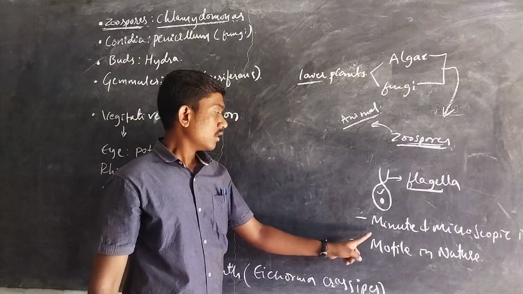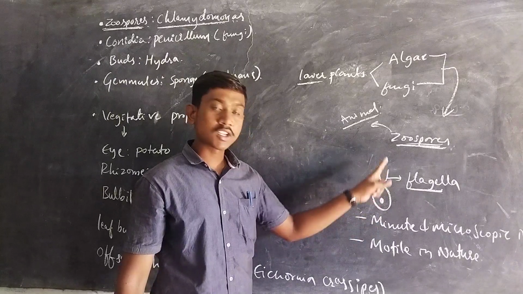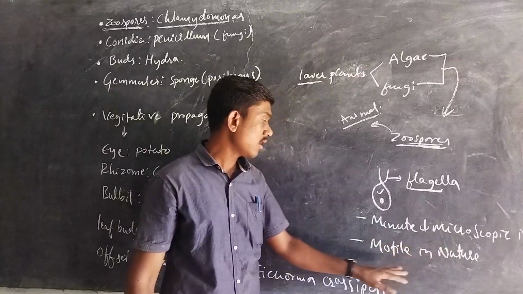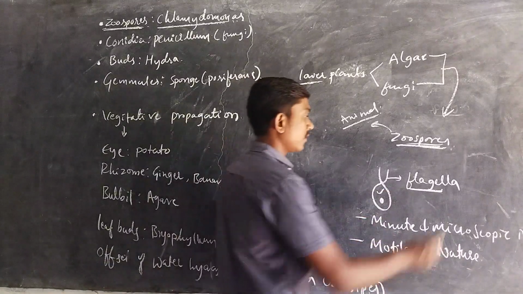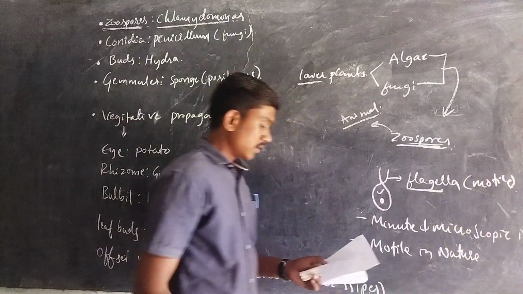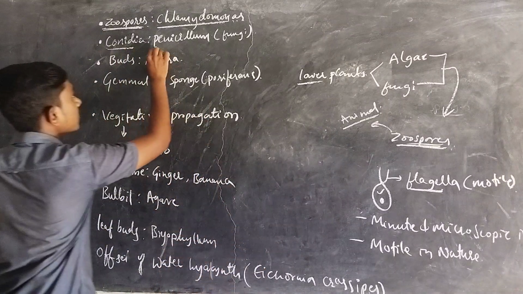So, most important, the zoospores are nothing but asexual structural units. They are minute and microscopic in nature, very small, and they are motile just with the help of the flagella. Is it right? And the very next important one is the conidia in case of the Penicillium,